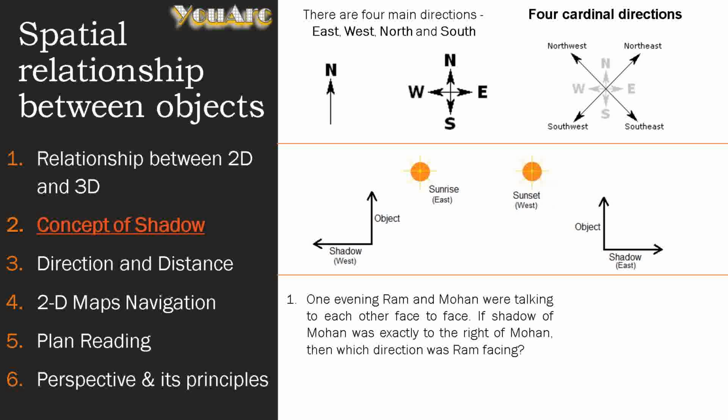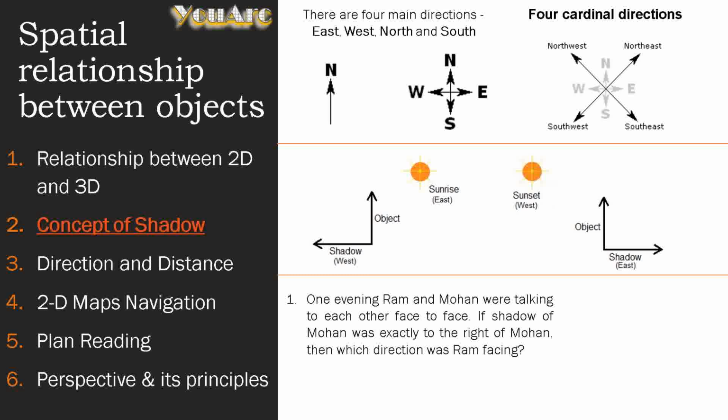So now moving on to this shadow part. So in the morning the sun rises in the east. Okay, if an object or man is facing east, his shadow will be on the west. You are right. So when it's west side, it will be evening or sunset. The object or man facing the sun casts his shadow on his east side. Okay, by 12 noon, the shadow casting will be less or none because the sun is on the top of the object. Okay, so this is a main concept that you have to understand.